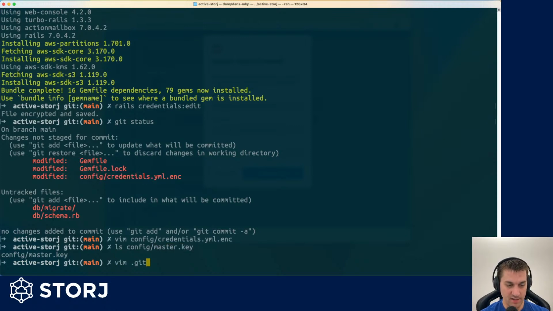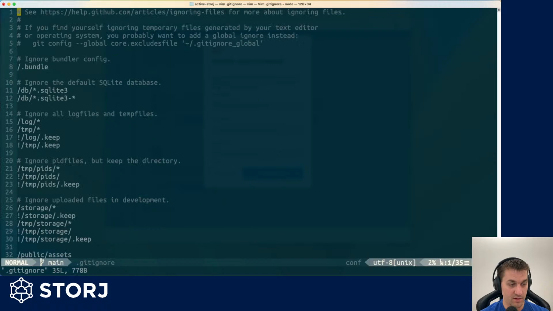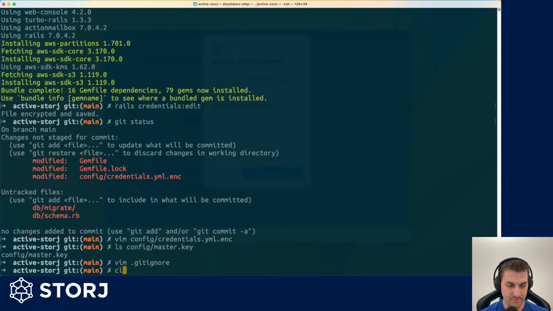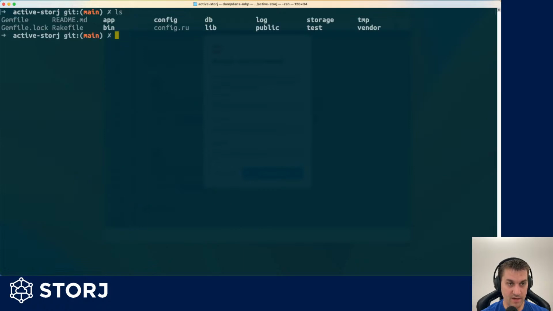And so in our gitignore, the master key is set. So when you deploy to production, you'll want to make sure you copy that master key into that config directory, or set it as an environment variable. Just one thing to note there that may trip you up. So once those credentials are set, we can now go into configuring the